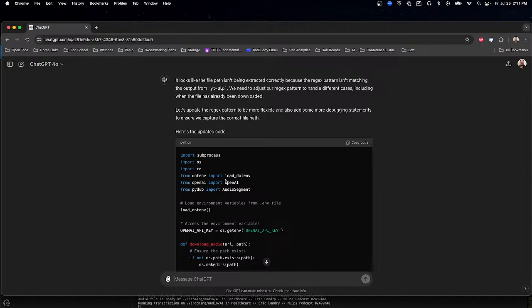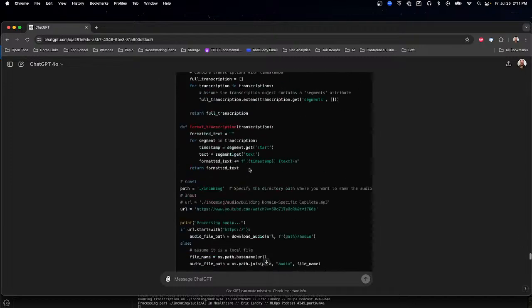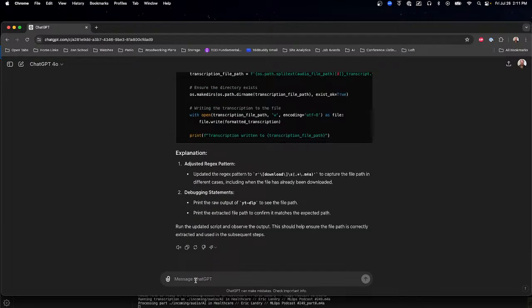I wouldn't want to go make this change because the standard use case where I'm looking to have it operate, this isn't going to work. So I'm going to tell it, hey, that will break. The problem is that when I already have the file, it returns none. Can we do better?